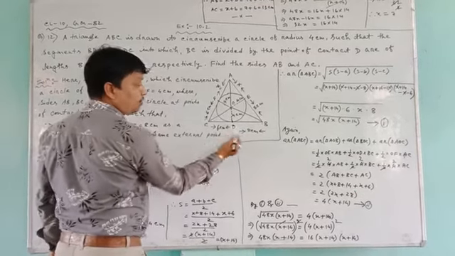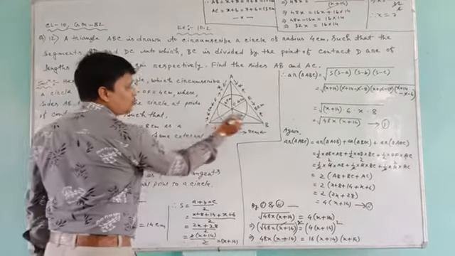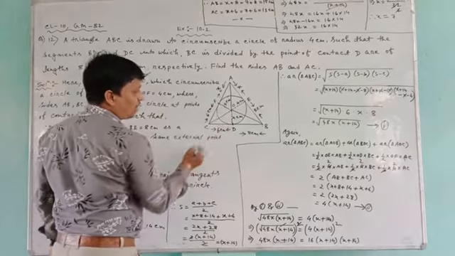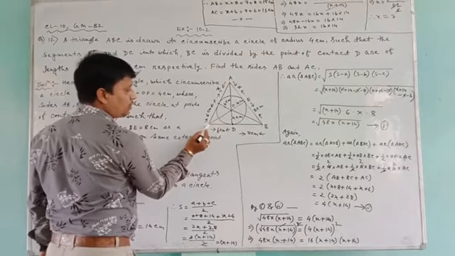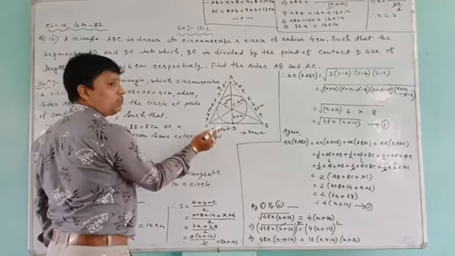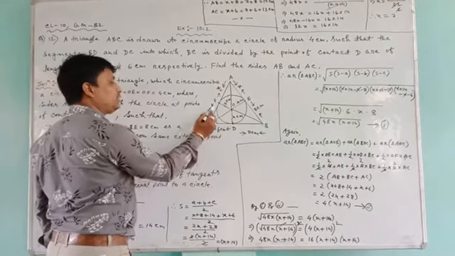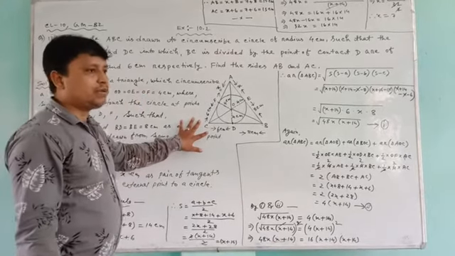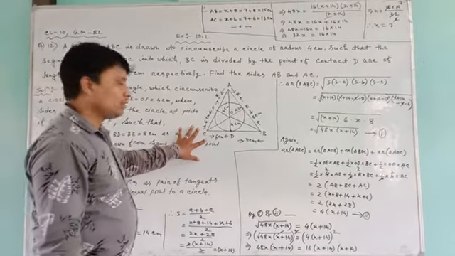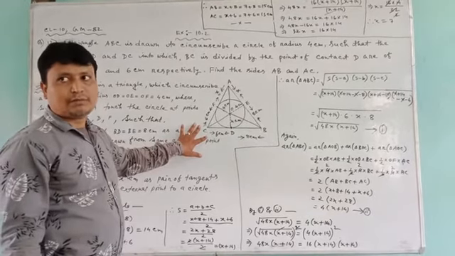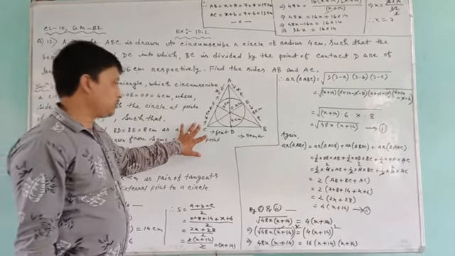These two measurements are already given, and these two we have written because CD and CF are a pair of tangents which are drawn from the same external point C. That's why these two are equal. So directly written 6 centimeter equal to 6 centimeter, because the diagram itself is part of the solution. So some measurements we can show in the diagram also, no problem.